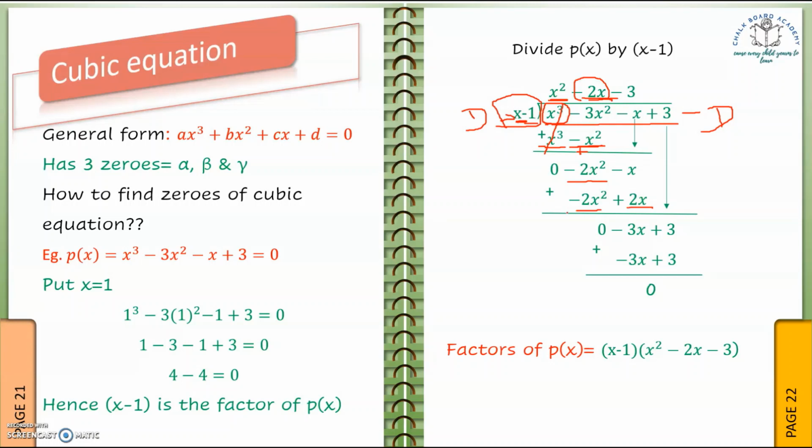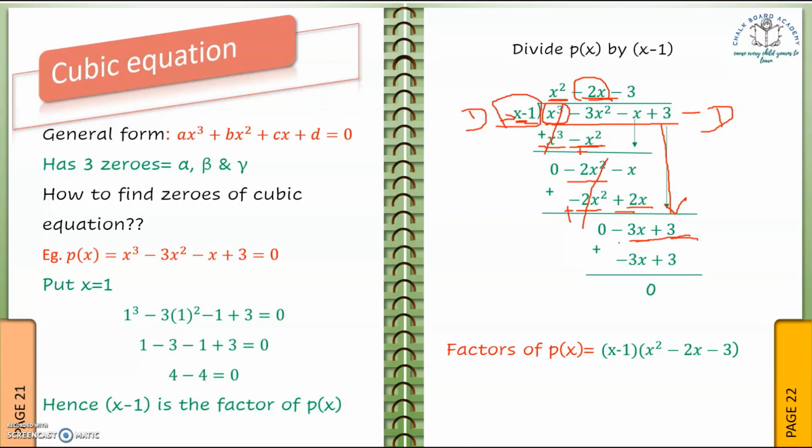Now again we are changing the sign. So after changing the sign, minus 2x square becomes plus 2x square, and plus 2x becomes minus 2x. So x square is eliminated by minus 2x square, and we got here minus x minus 2x, that is equal to minus 3x. Because here we have only one term, we are taking 3 from the top down here, so we have this minus 3x plus 3.